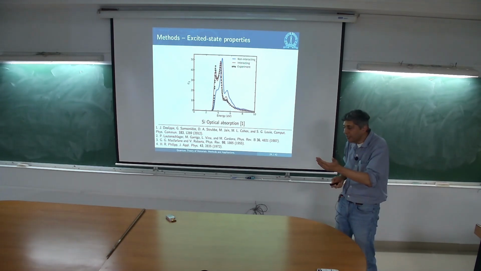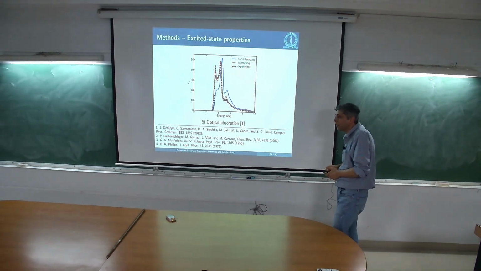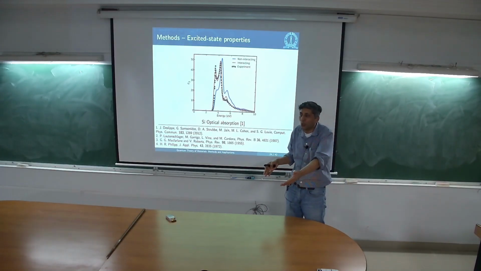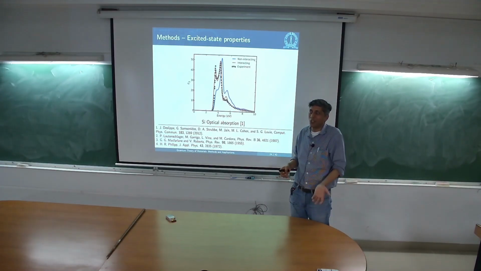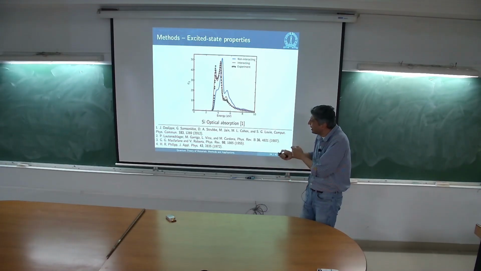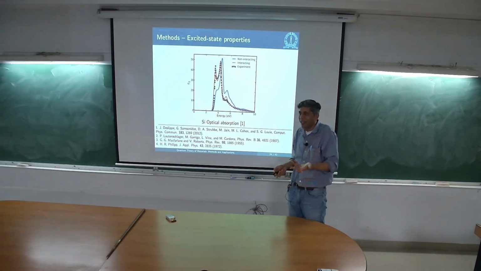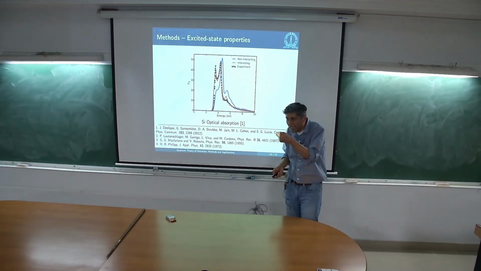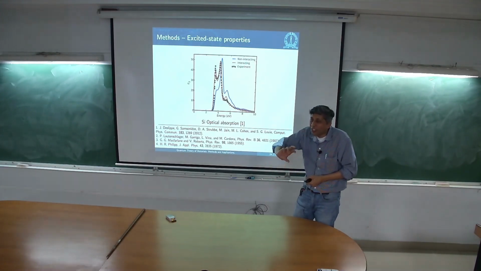It's easier to explain when you go to 2D materials, because states which were not there before at all start showing up, as he's pointed out. The bound states start showing up, which were not there before. So it's much easier to explain in that way. In this entire thing, the density of states doesn't change very much, but now this particular state, this exciton, has a large oscillator strength as well.